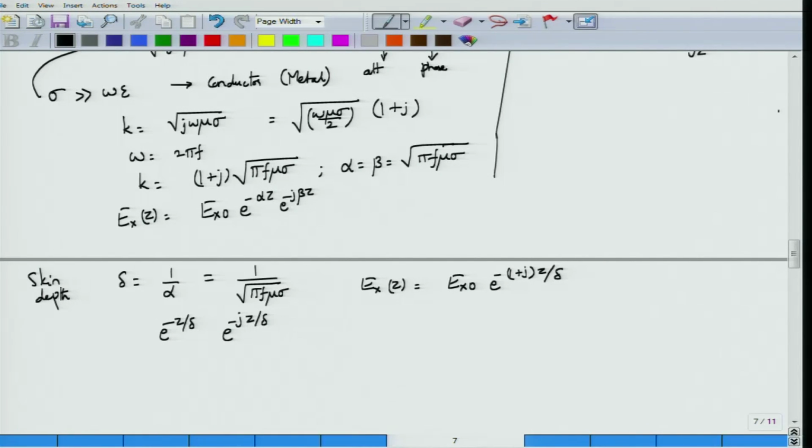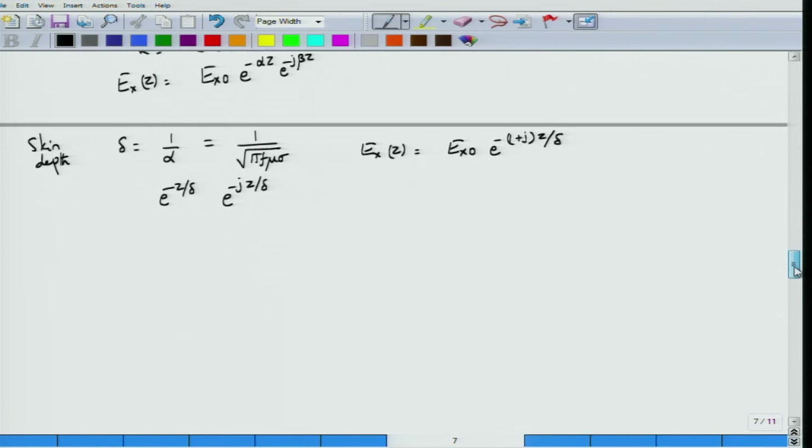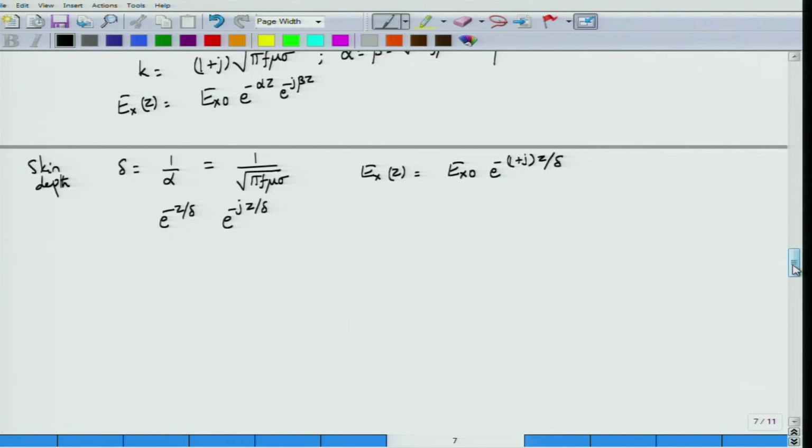We will not discuss the phase, because phase only changes and is not very important at this point, but what we are interested in is the behavior of e power minus z by delta. And if z is around 4 or 5 delta and beyond this,